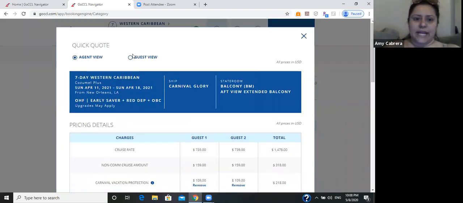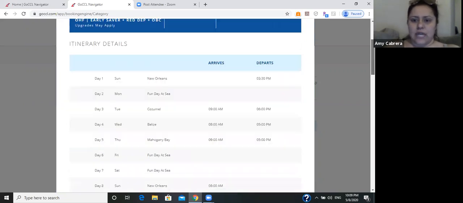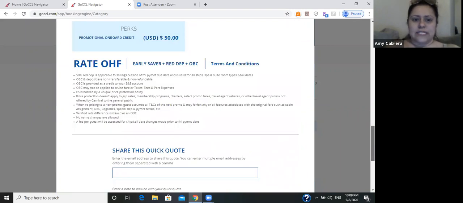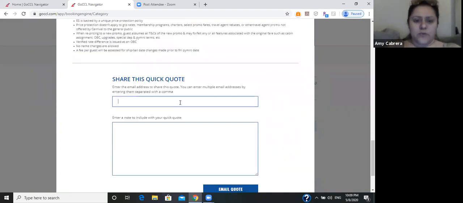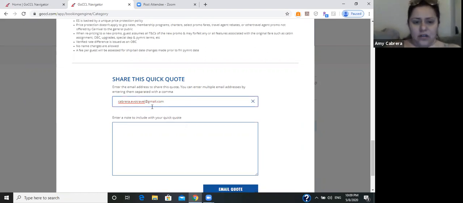Let's go ahead and do guest view. And once you click on guest view, down below, you're going to see a different menu. And you can see it says share this quick quote. This is where I would share it to myself. And before I send it to myself, or excuse me, while I send it to myself, what I would do